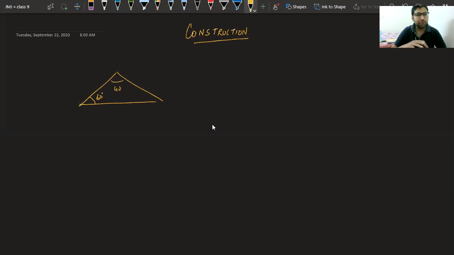So sometimes in some situations we need a diagram which is very much accurate. Like when you are making a map, suppose you are using Google Map, you are making a map of India country, you are making a map of world. At that time you need to understand the scale factor. Everything must be compatible with each other. At that place you cannot do a mistake. That is why the construction chapter is very important for us.